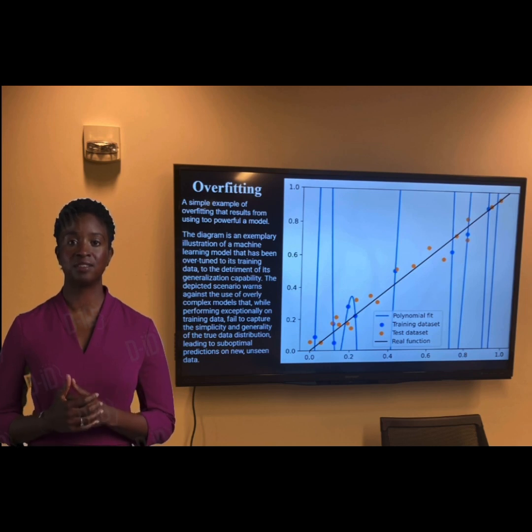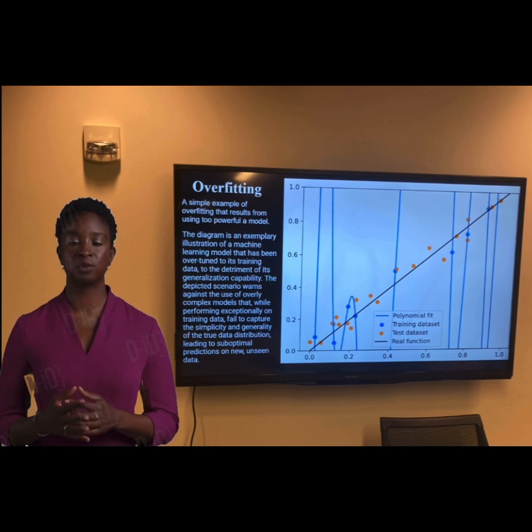We see two datasets, training in orange and test in blue, each with scattered points. A polynomial curve snakes through the orange dots, matching them perfectly. This tight fit comes at a cost, however, with the curve deviating severely from the linear trend of the test set and the black line marking the true underlying pattern.